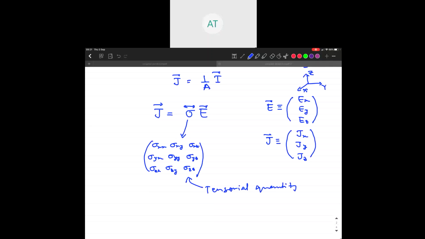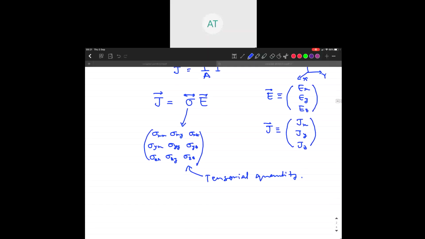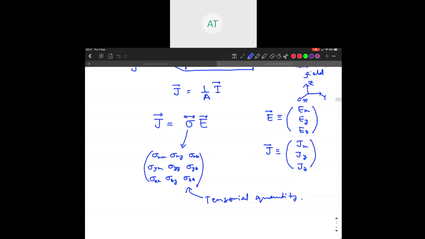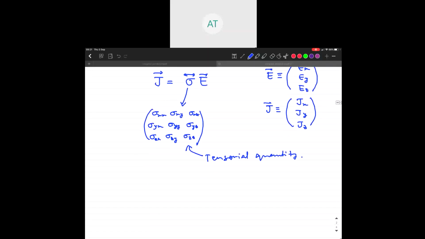Okay, and this occurs in nature in every material that you take, right? If you apply an electric field, the current densities will act in arbitrary directions. So for example, suppose let E be only Ex x cap. That means in this notation it is only Ex, 0, 0,